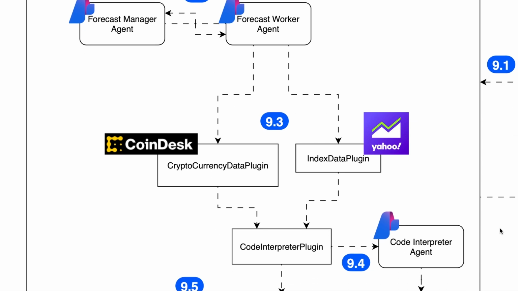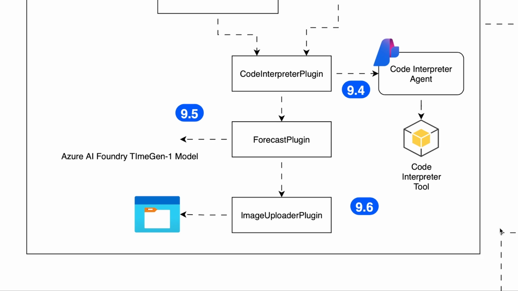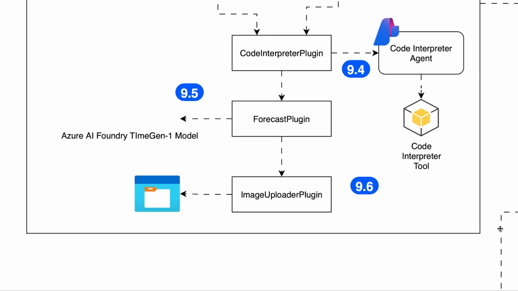Next, the worker leverages the code interpreter plugin for ETL (extract, transform, load). This plugin spawns an additional code interpreter agent using the code interpreter tool. The agent downloads the CSV containing historical data and transforms it into a structured format consisting of time series and